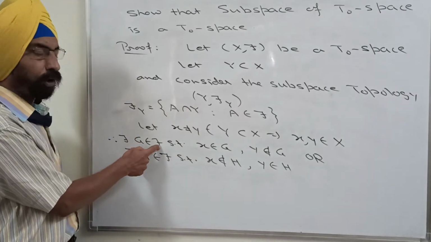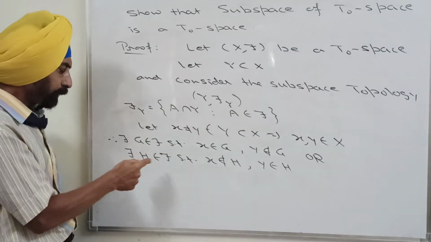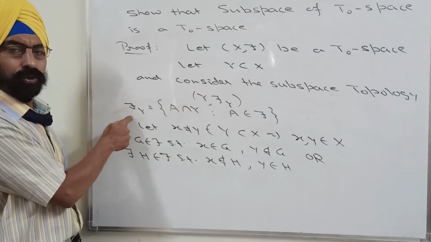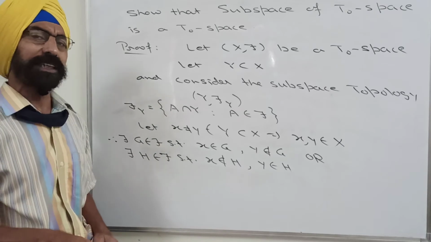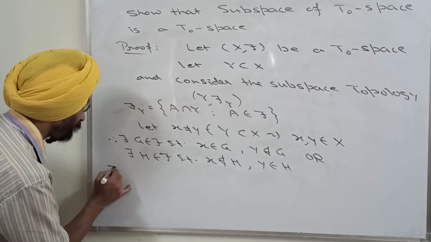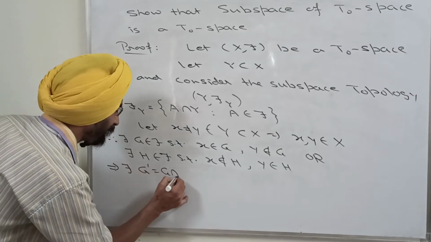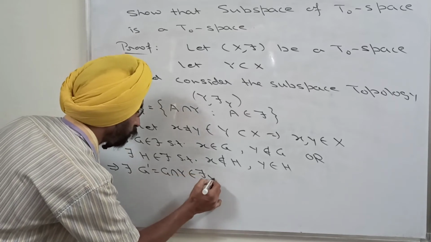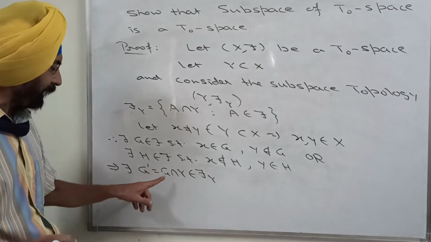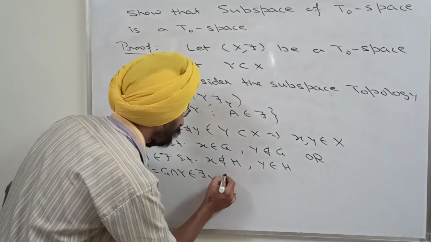Since G is a member of tau, G intersection Y will be a member of tau Y. Similarly, H is a member of tau, so H intersection Y will be a member of tau Y. So that means G intersection Y and H intersection Y will be tau Y open sets now. This implies there exists G dash equal to G intersection Y belonging to tau Y. G is a member of tau, G intersection Y belongs to tau Y, and this G intersection Y, I have named it as G dash, such that,